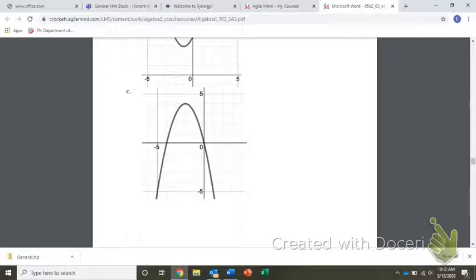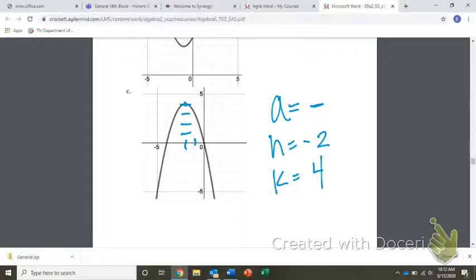All right, what do you notice about C? It's upside down. So since it is upside down, you know that A has to be negative. Okay? Now, H, K. For H and K, we've got to find the center of our parabola. Here's the center. So starting at 0, horizontal shift goes with H. I'm counting over 1, 2 to the left, so a negative 2. And I'm counting up 1, 2, 3,